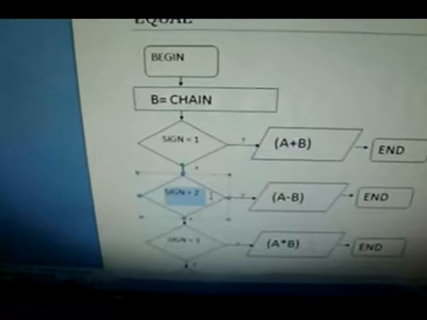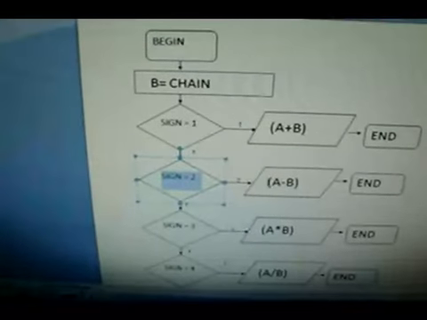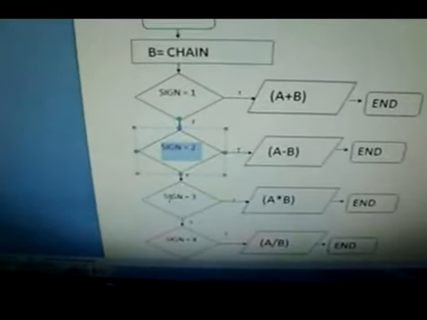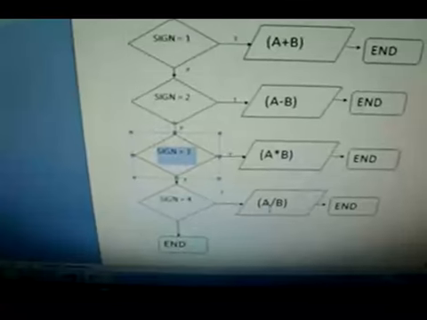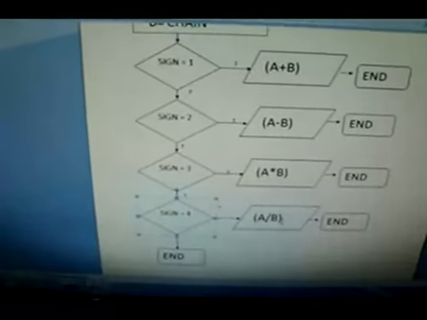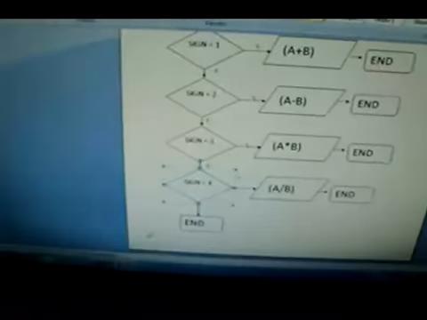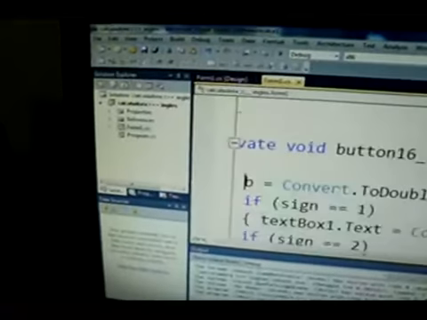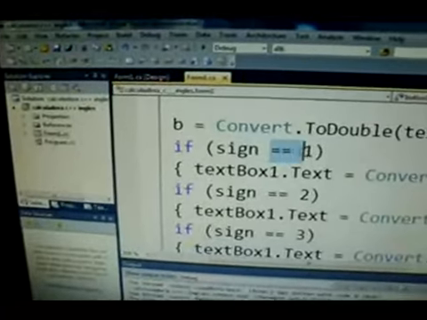If the sign is 2, you are going to use the minus sign. If sign is equal to 3, you use multiplication, and if it is 4, you are going to make division. And we don't have more of that. We are going to see that equal. If sign is equal to 1, see that you are going to use